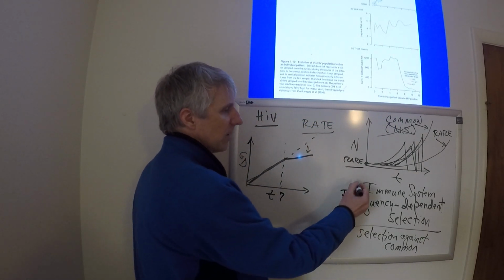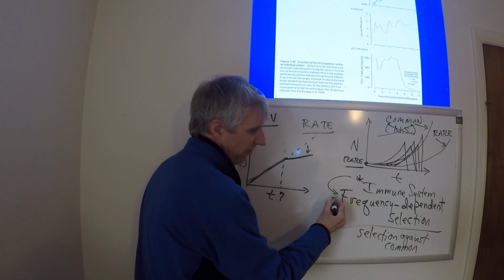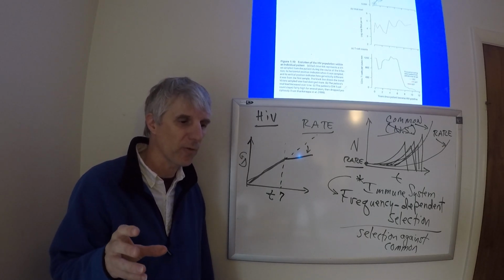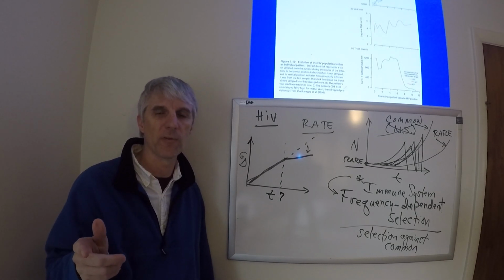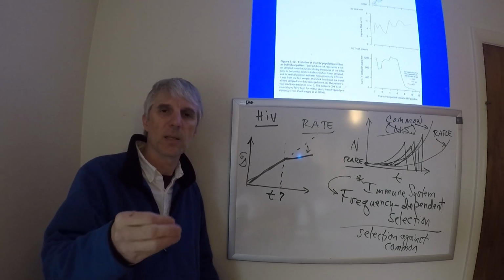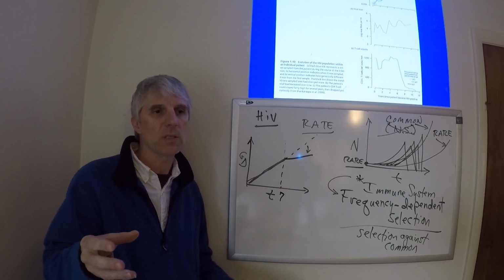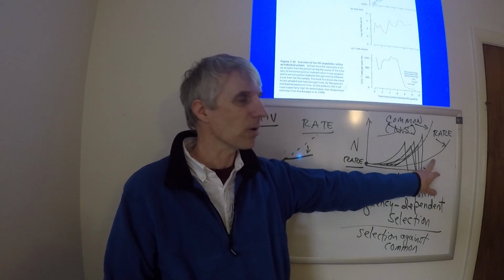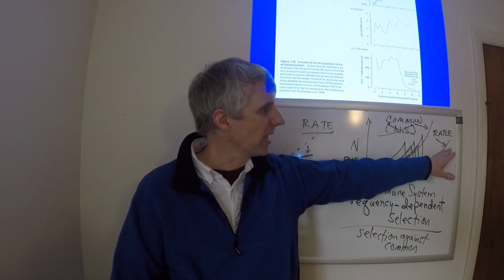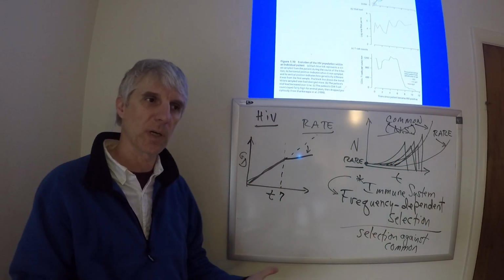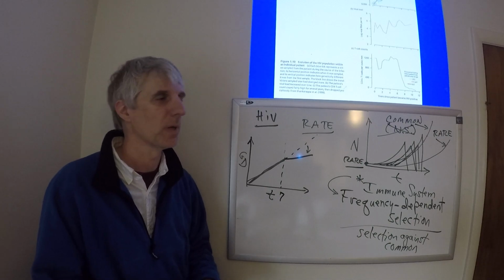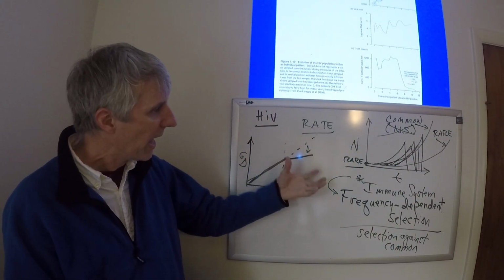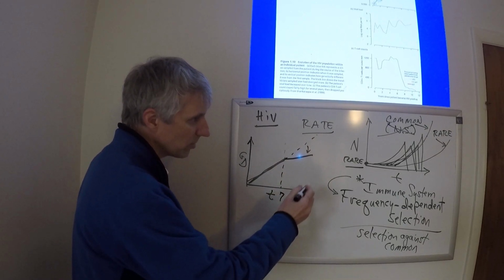Well, the immune system is what's enforcing this frequency-dependent selection. The immune system is preferentially targeting the fastest growing virus. Well, that makes sense. That's the most virulent one. So the system is set up to go after the bad ones and leave these slower growing ones until later, until they increase in frequency enough that they become common enough to be seen by the immune system, but preferentially attack these common ones.